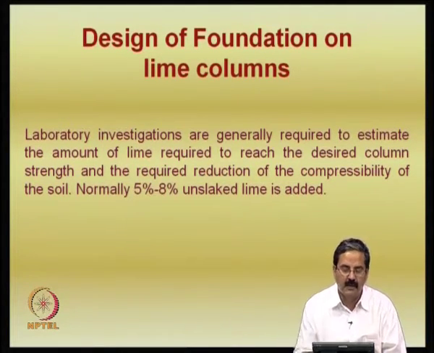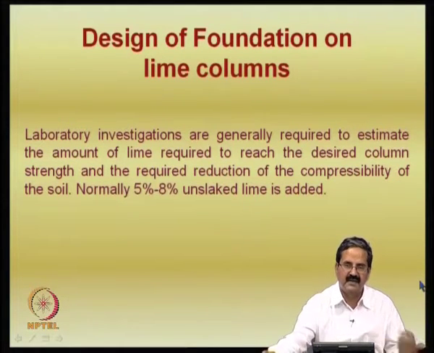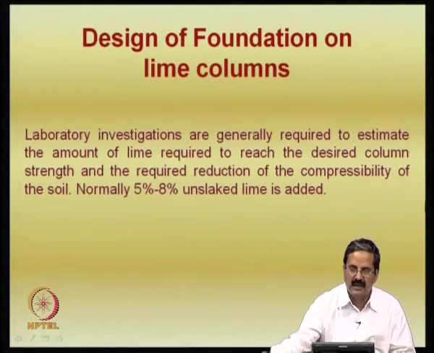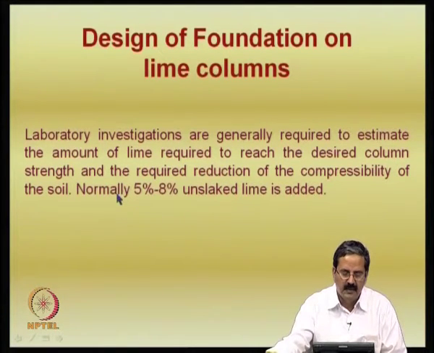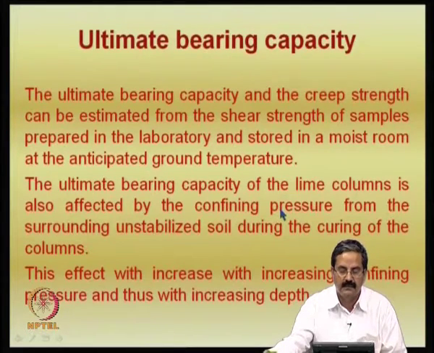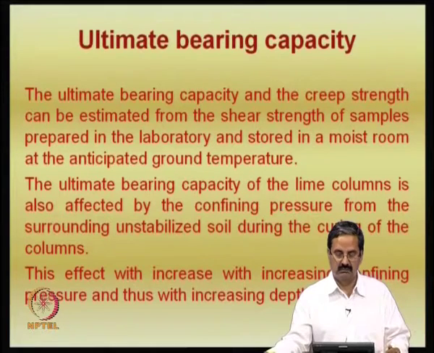Then you could find out the optimum content at which, without sacrificing anything else, you will be able to achieve the required settlement or shear strength improvement. Now, you will have a design criteria. For example, there is so much load coming because of the road construction, and what should be the strength of the soil below the road, how much it should be, one can design. So, essentially what people have seen is that 5 to 8% of the unslaked lime is added. That is fine, from the laboratory one can get that information.